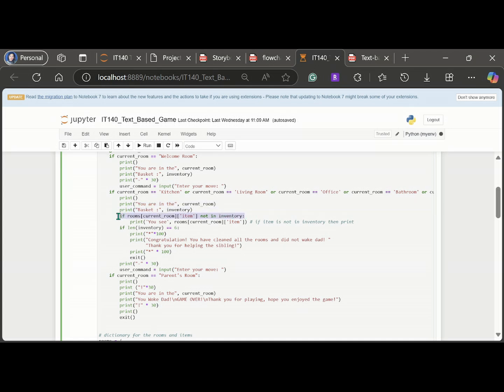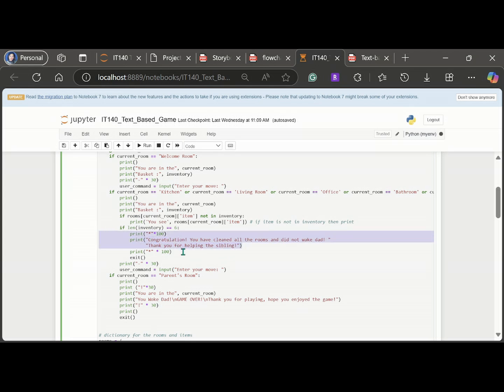If the current room they're in has an item that is not already in the inventory list, meaning not already in the player's basket, then it will let the player know you see the item in the room. And if the number of elements inside the inventory list equals 6 items, then it means the player won the game, and